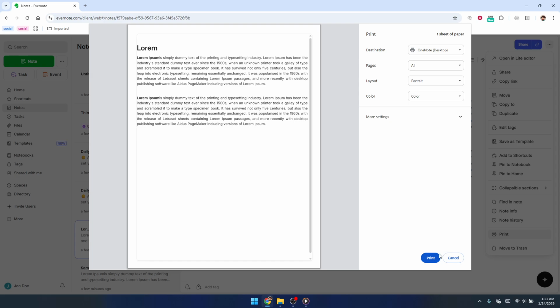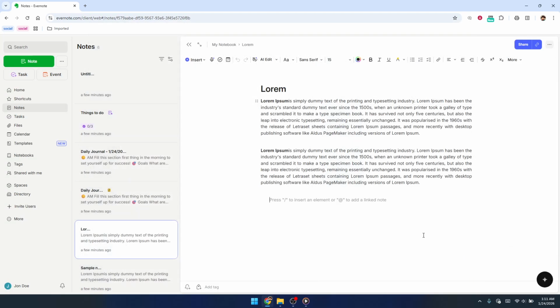When you're happy with the settings, click Print to send your Evernote note to the printer. After a moment, your note should come out exactly as you saw it in the preview. That's all there is to it. Open the note, use the More Actions menu, select Print, and finalize everything in your system's print